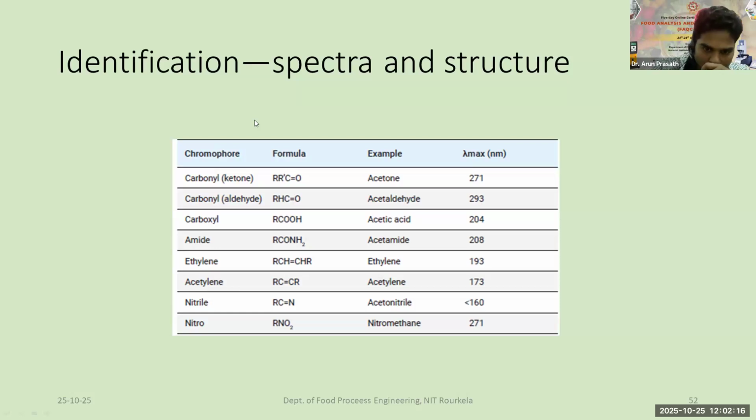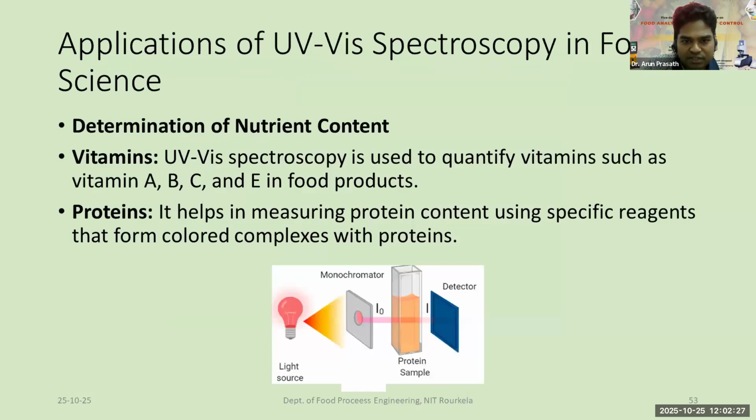Here are some functional group examples, and then the absorbance ranges within the spectrum. Next, the application of UV spectroscopy in food analysis,